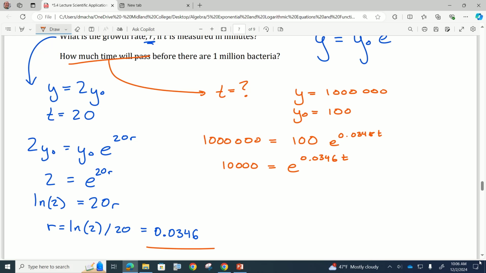If I want to get rid of the exponent base e, then I take the natural log of both sides. And that means t is equal to the natural logarithm of 10,000 divided by 0.0346, which is